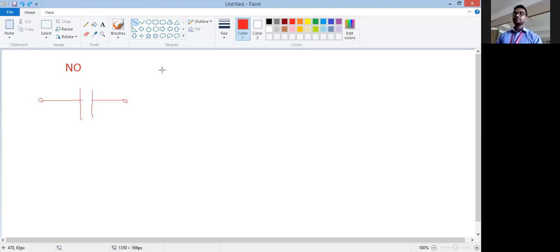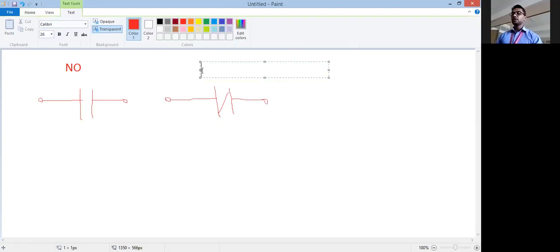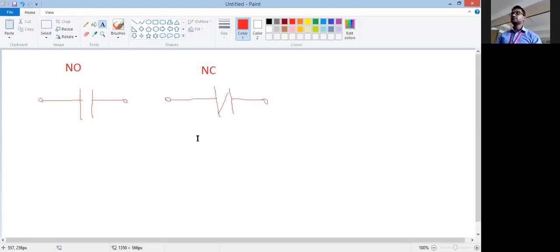Okay. So next we see our normally close contact. The next instruction is the normally close contact. So this is your normally close contact.